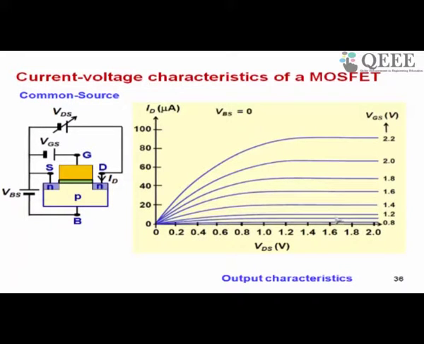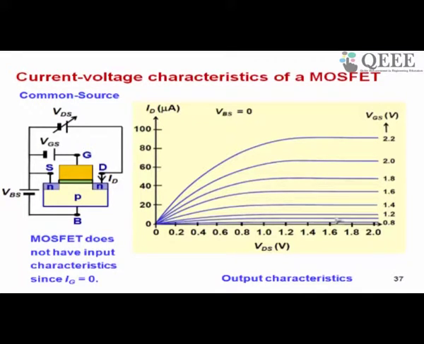So we sketched the output characteristics, which are drain current versus drain to source voltage, and gate to source voltage is the controlling parameter. Gate to source voltage in the MOSFET is analogous to the base current in the BJT. So we said that between MOSFET and BJT, one of the differences is that MOSFET is entirely a voltage control device, whereas the BJT can be regarded either as a voltage or as a current control device.